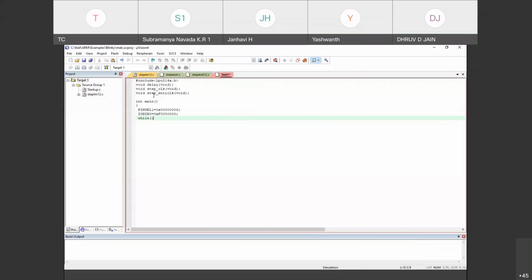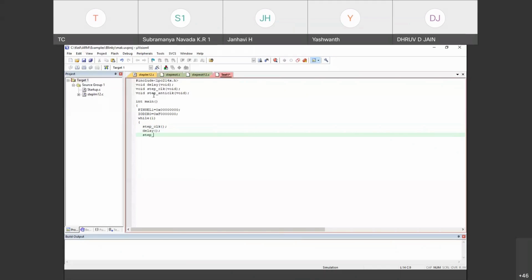While true, you know that. While true, what should I do now? I want first to make the stepper anti-clockwise. So next I'll say delay.